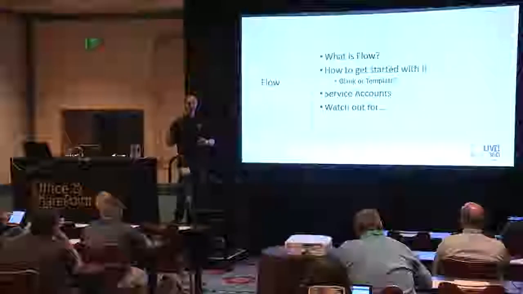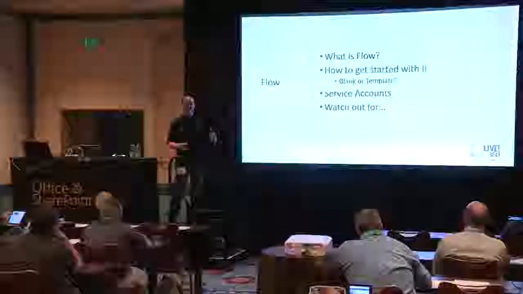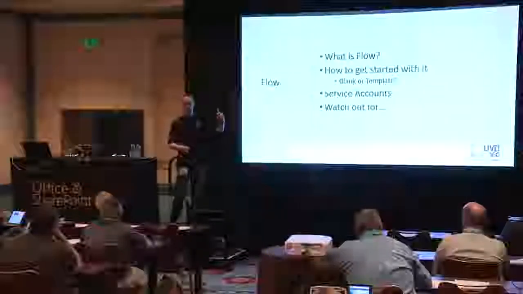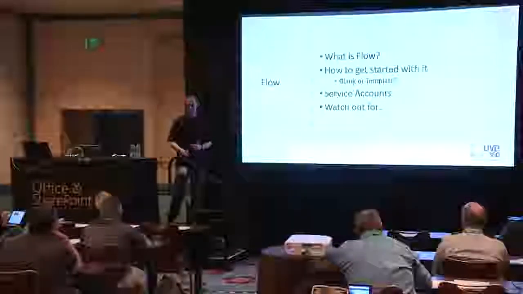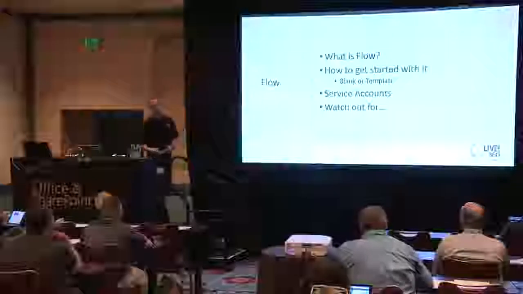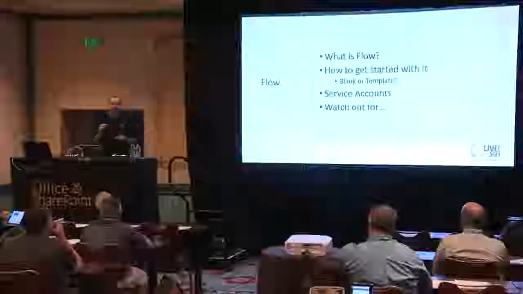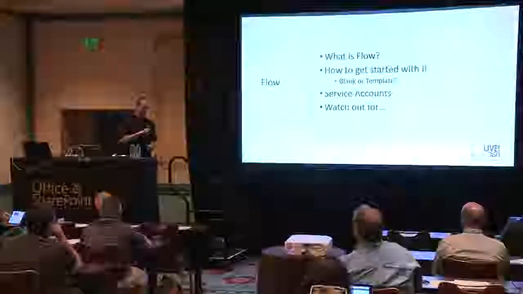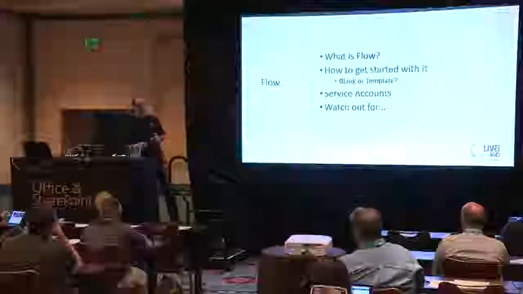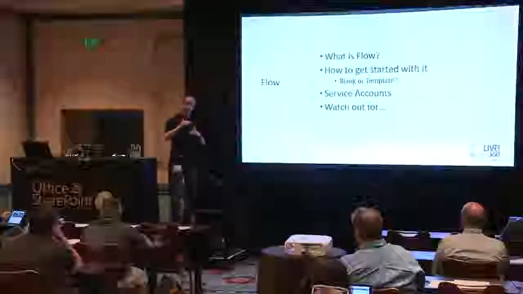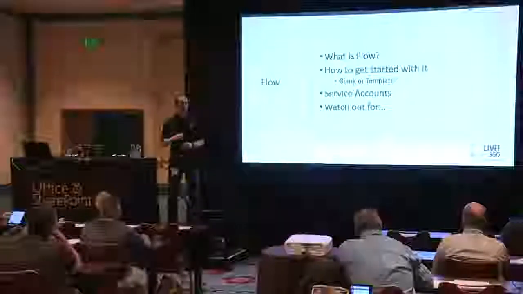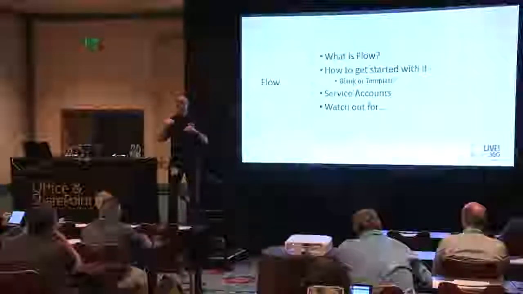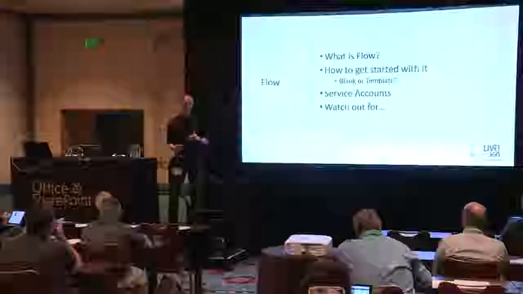Well, if one of your actions is to edit that same list that triggered it, all of a sudden, you create a new item, your flow edits it, it triggers the flow, it edits it, and you're stuck in a loop. You can stop it, but there's not like a checkbox you can say where don't go restart it. You have to put some condition then at the very beginning of your flow that says either look at a